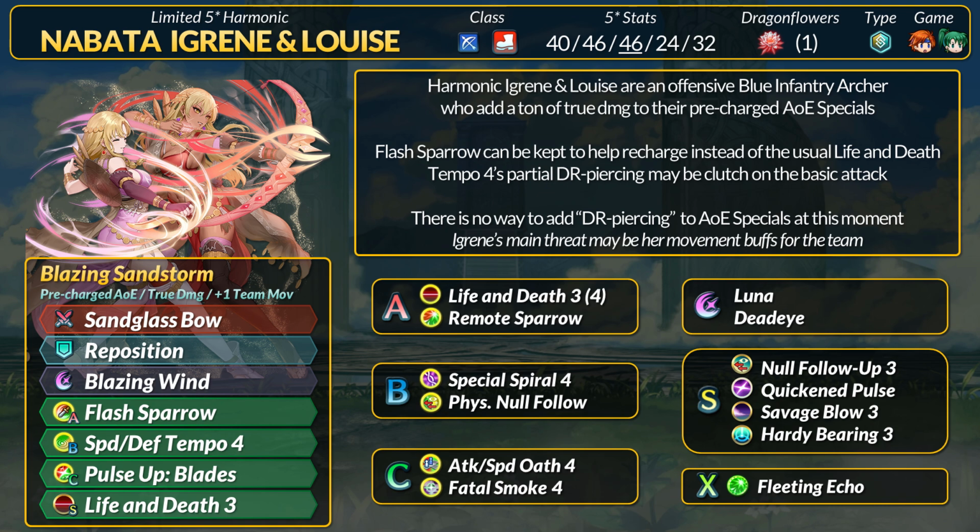Now, the Harmonize skill can add Desperation for a 2-tap, but she has no innate offense in a follow-up to guarantee it works. If Igrene survives and gets the KO though, a single basic attack only puts Blazing Wind on 1 cooldown. You need to wait for the next player phase for Pulse Up to give that -1 for the